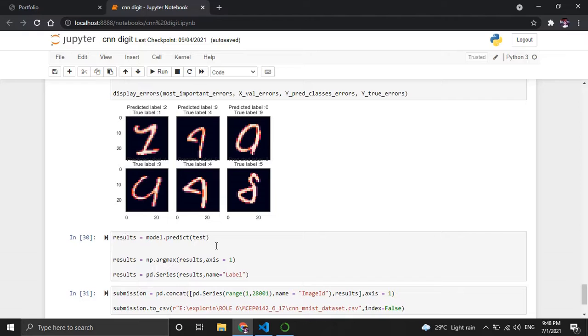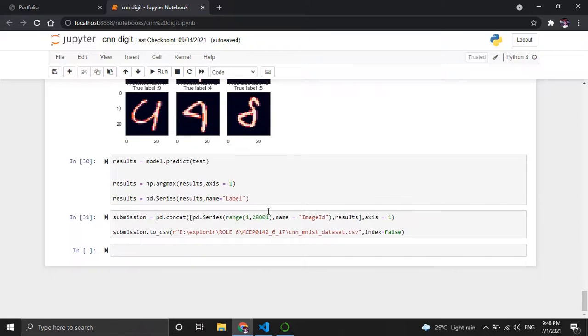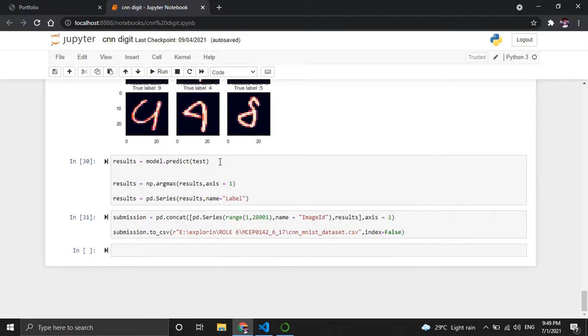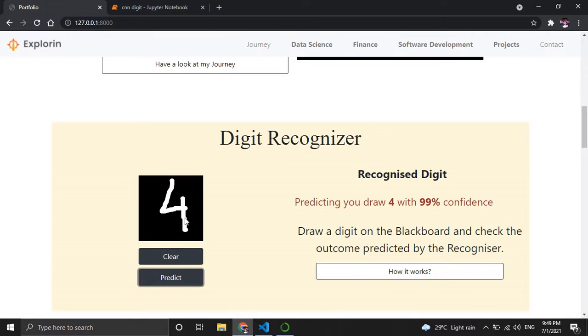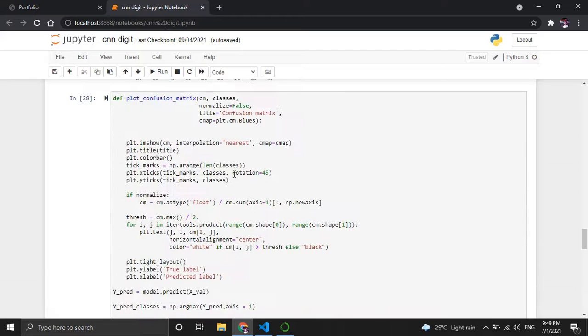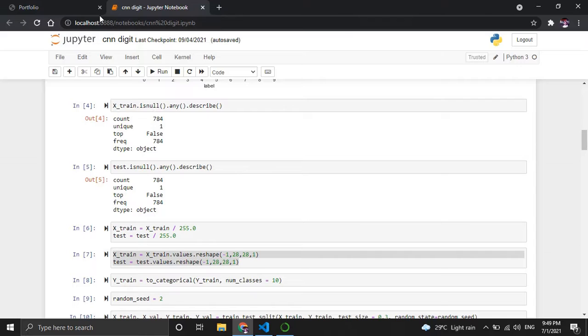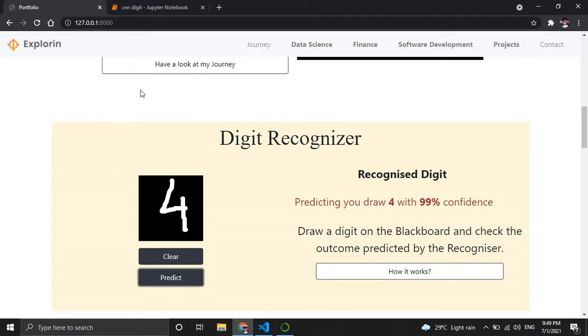At this point we have stored the model in the form of a JSON file, because if we do not store it, then we need to run this Python code every time so that this recognizer recognizes the value. If we save this model, then it will not take a lot of time to give the predictions.